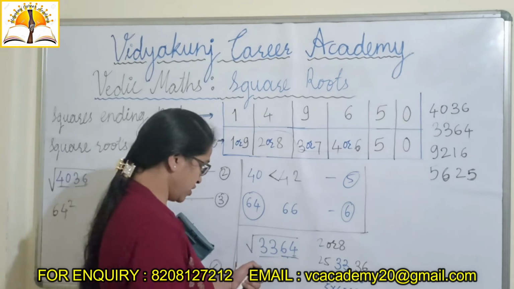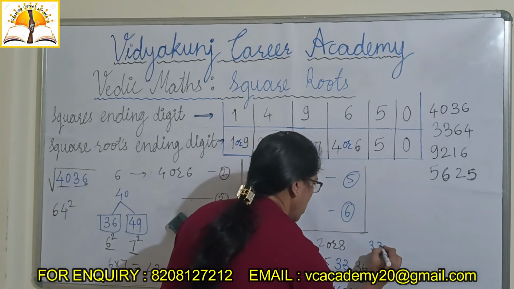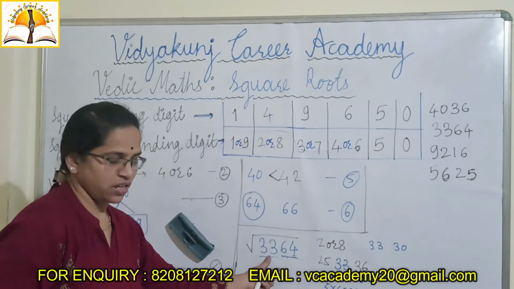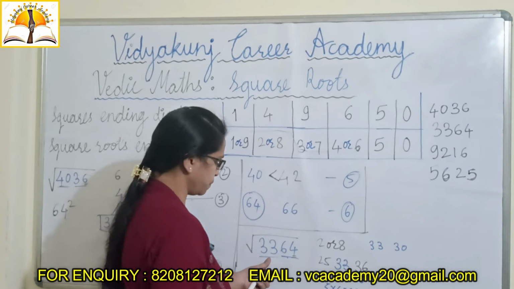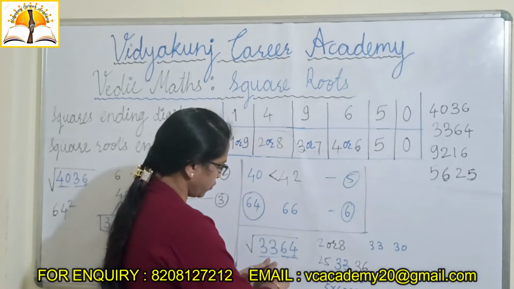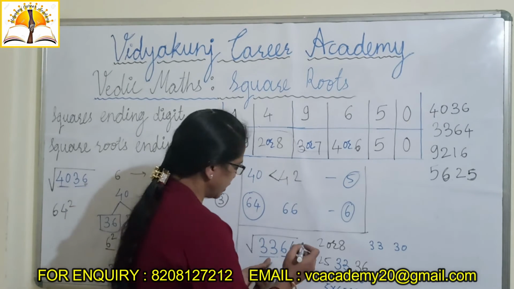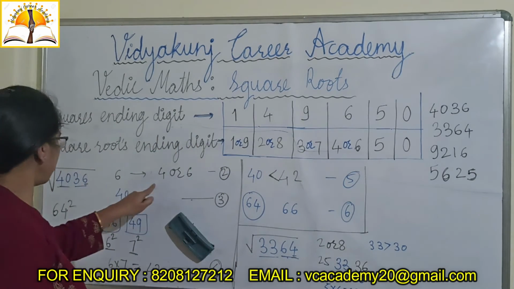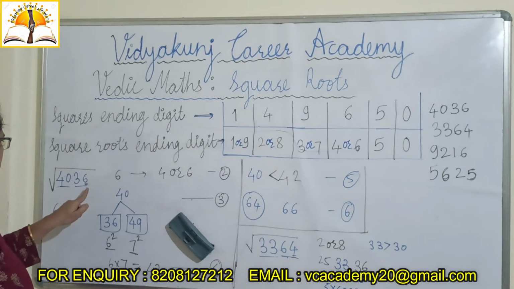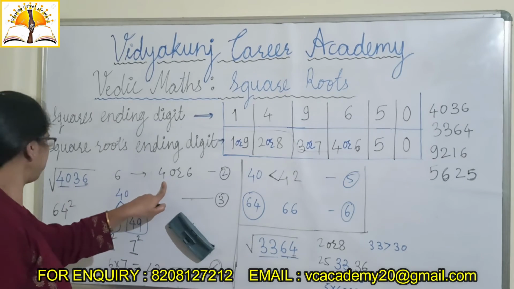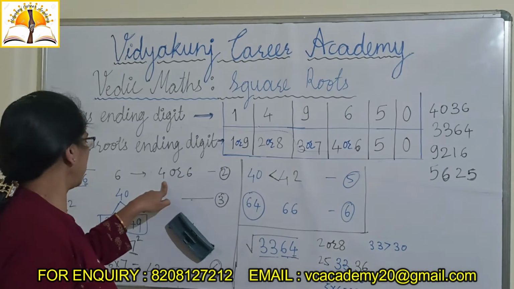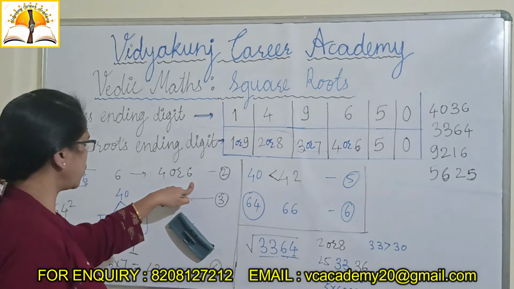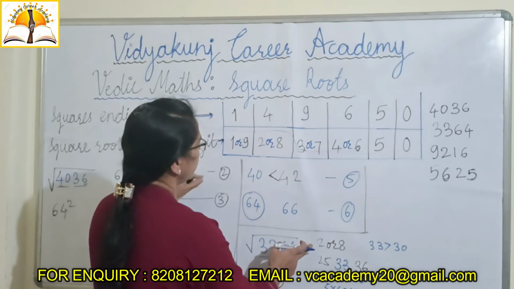Yes. Now next, here we have to check 33 and this one. Which is the bigger number? We have to see. As per this number, we have to take the number. Then what I have to take here? 33 is the bigger number and 30 is the smaller number. In this way, see here. 6 number is here. So here 64. So here 64 or 66. Yes or no? Then in this case, here 2, here 4.